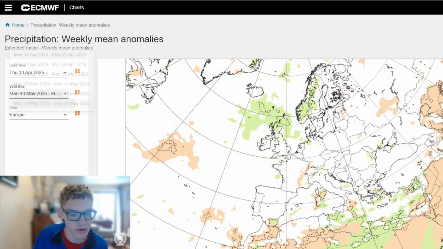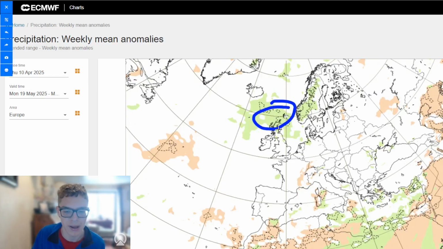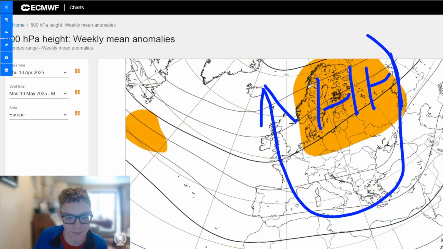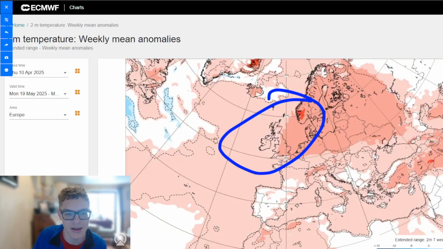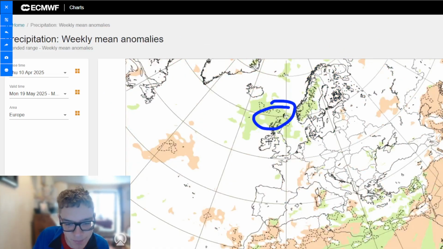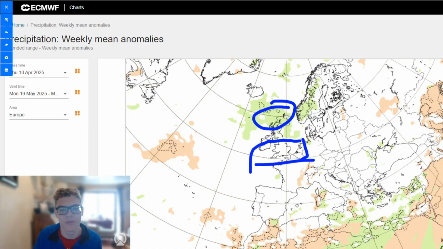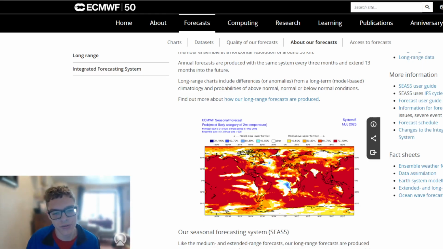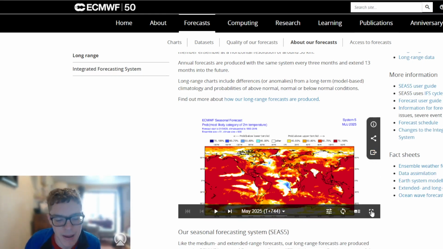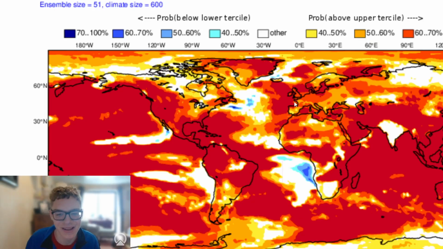And the precipitation anomalies, wetter than average to the north of Scotland, where we expected it to be, with that trough of low, if this was correct, would produce the wettest weather in the north, but slightly more towards average or no signal further south. So it looks pretty good for the period there, but could be quite unsettled at times.